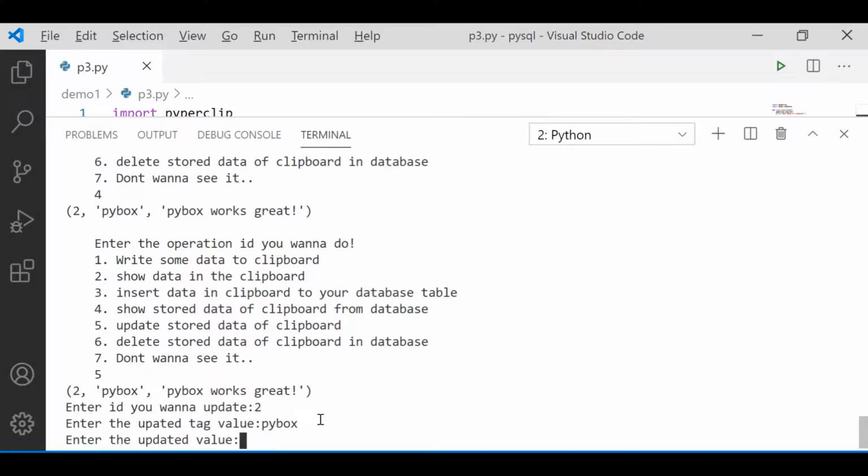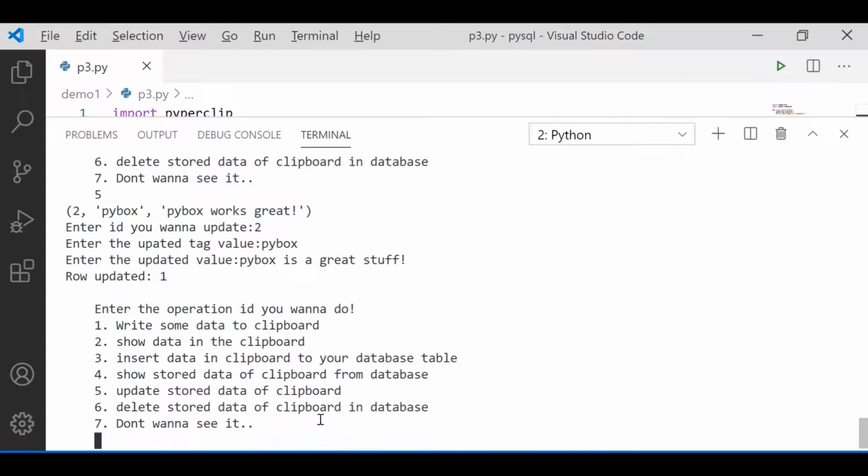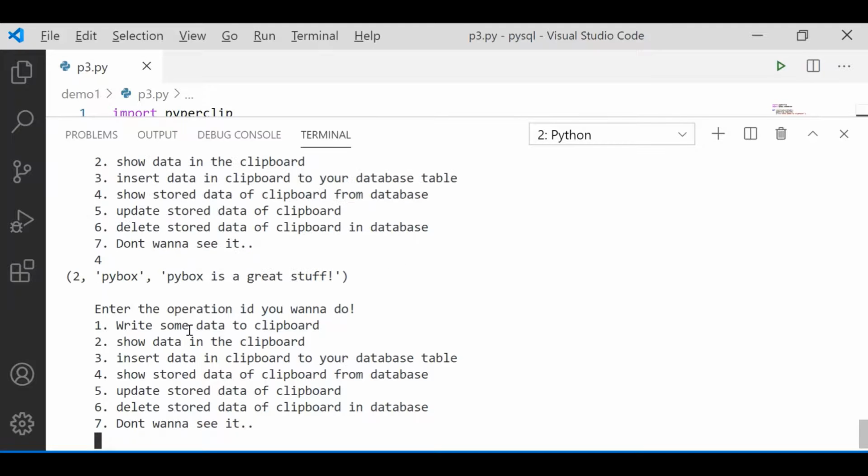Then it asks me for the updated value, and I will say Pybox is a great stuff, and that's it. So here you can see the row was updated, and I will see the data. Pybox is a great stuff.